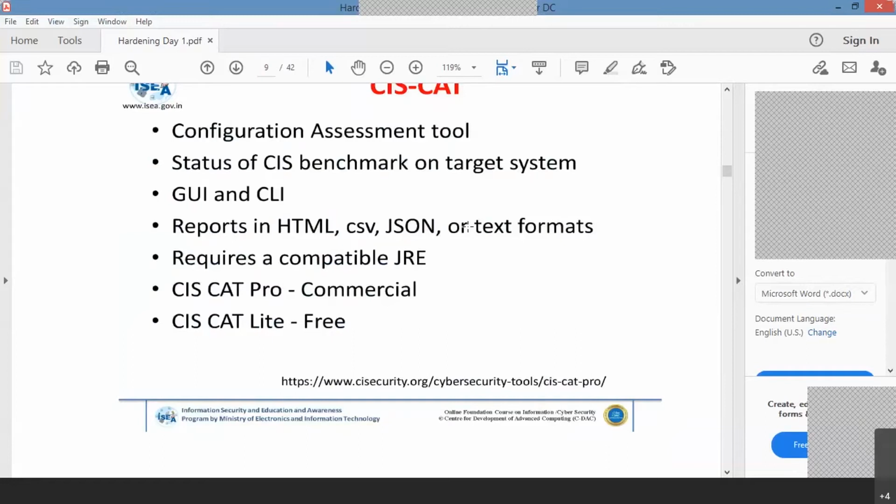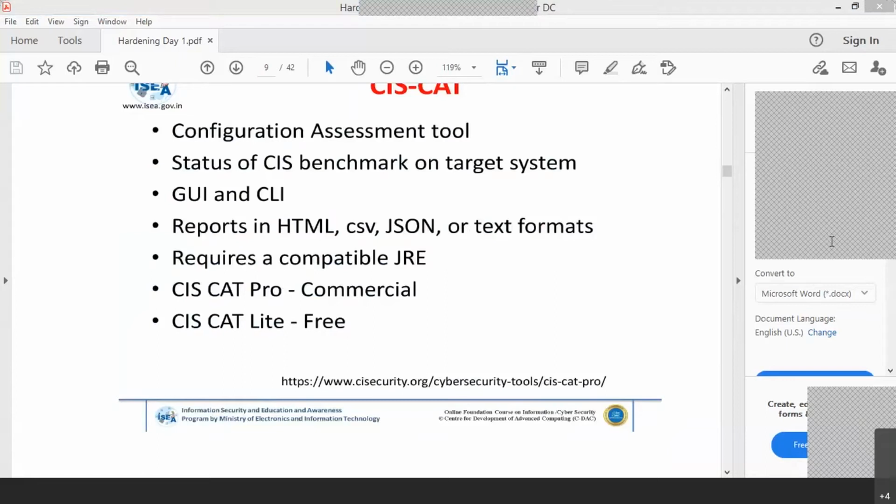Suppose on Windows 10, I will guide you on how to install it. Which version should be downloaded? You have to install the Syscat Lite version 3. Syscat hyphen Lite. I will give you that link also.